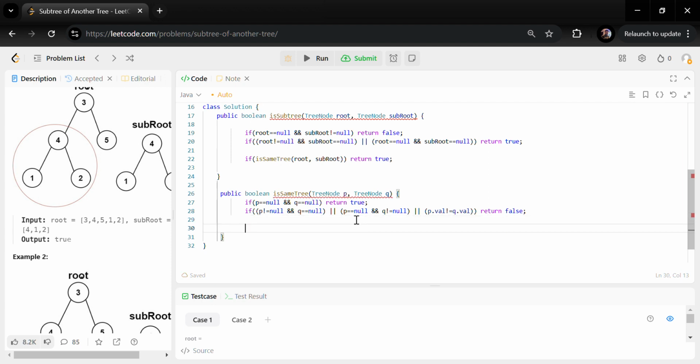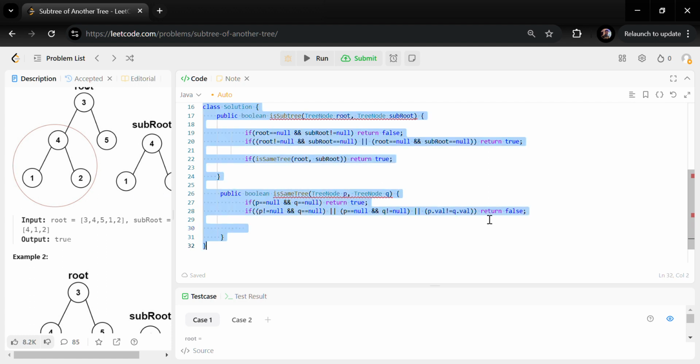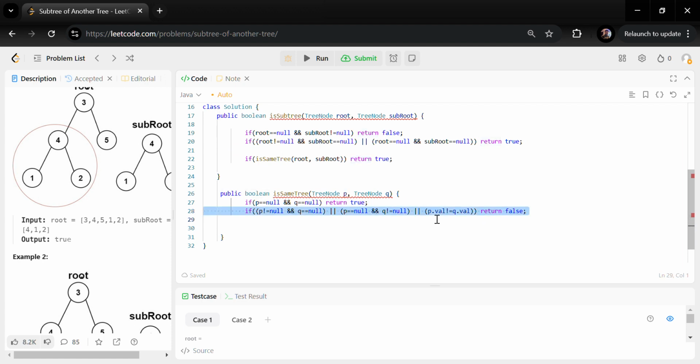If any other comparison is not equal, return false. And if the matching is true and P and Q are not null, it means we are going on the right path. And when will P and Q be null? If all of P and Q has matched and it comes to the null child of the last leaf node of P and Q both, then we see that all has been traversed and this condition has not been fulfilled. It means the actual answer is true. So now these are the base conditions, and I will just call